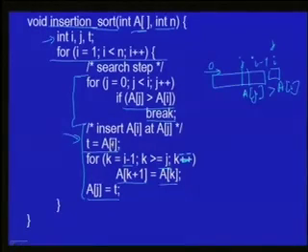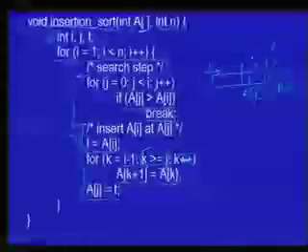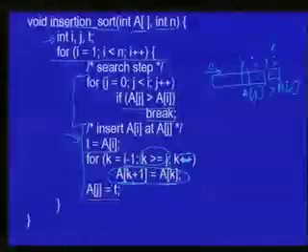Note that if i happens to be equal to j, then what will happen is that t will be assigned a[i], and then this loop will not run at all, because the initial value of k is i minus 1, j is equal to i, so i minus 1 is not greater than or equal to i, so this condition will become false in the very first iteration, and therefore the loop body will not execute at all when j